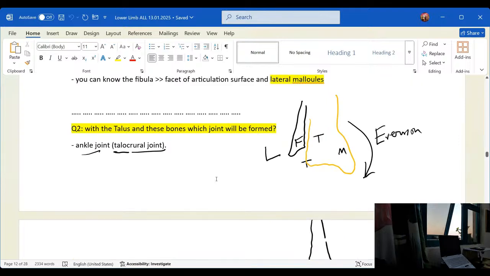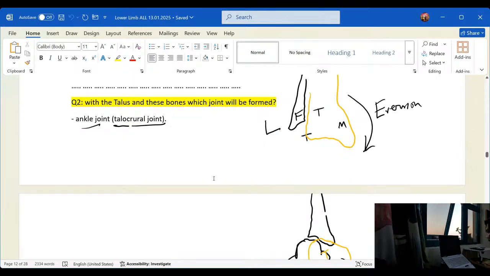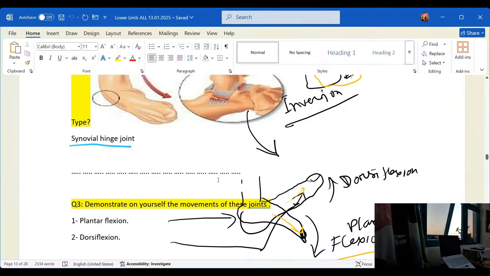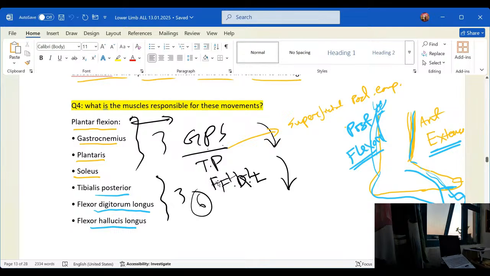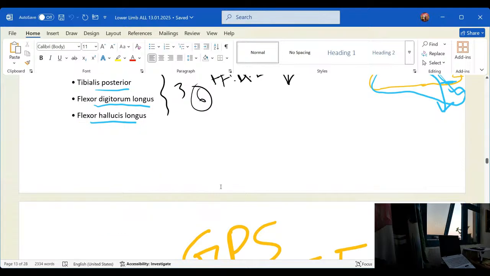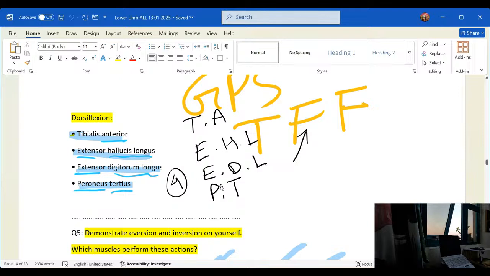With the talus and these bones, which joint will be formed? Ankle joint, talocalcaneal joint, a pin type of synovial joint. Plantar flexion, dorsiflexion. Plantar flexion: posterior gastrocnemius, plantaris, soleus, tibialis posterior, flexor hallucis longus, flexor digitorum longus. And dorsiflexion: tibialis anterior, peroneus tertius, extensor hallucis longus,